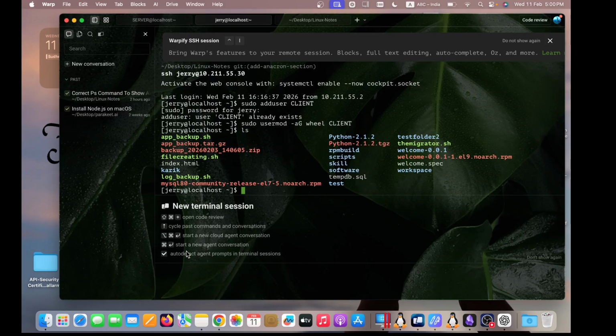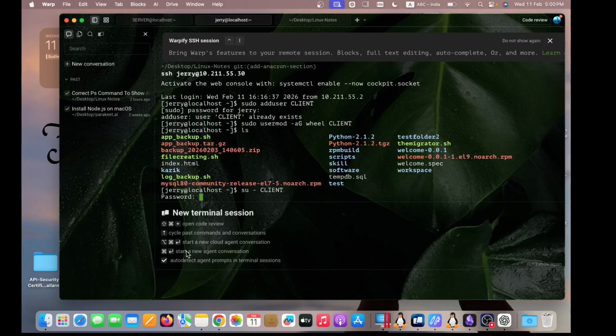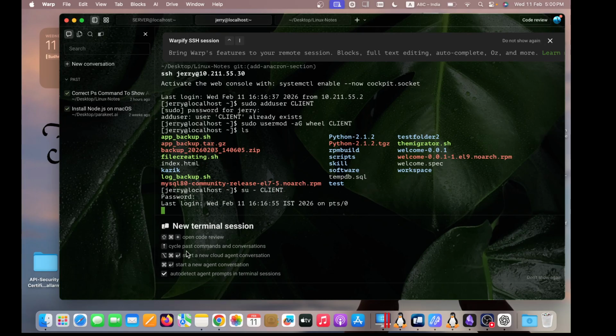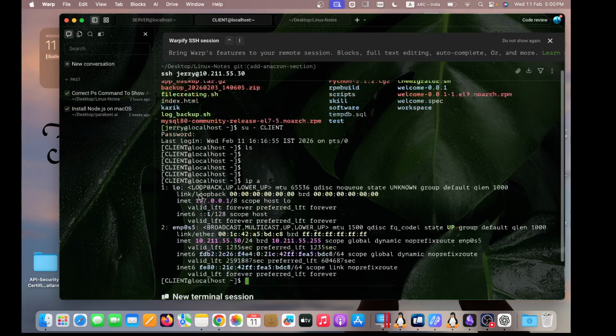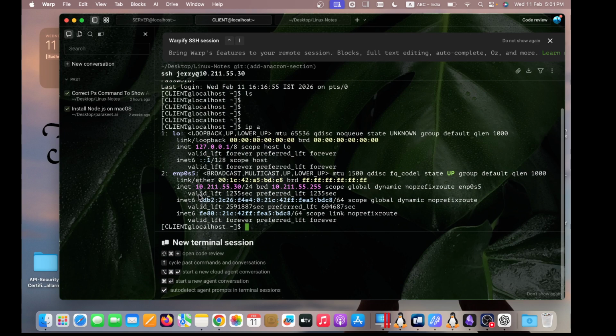It's the same thing we did on the server side: you need to create the same user with the name client. And you need to access that using su - client, then set a password for this and exit. Here you can see that we have logged in as a client, and the IP address has changed because we have logged in on our clone